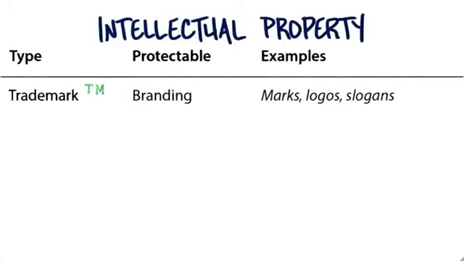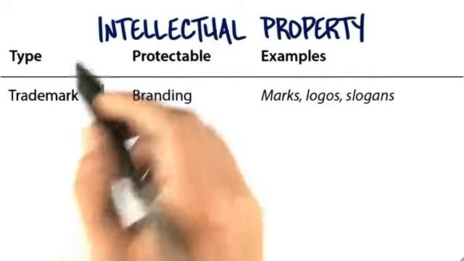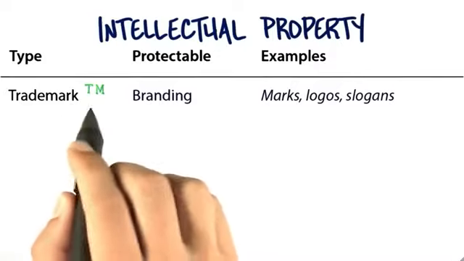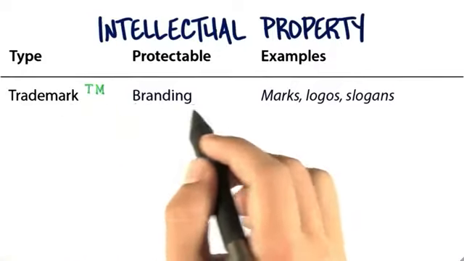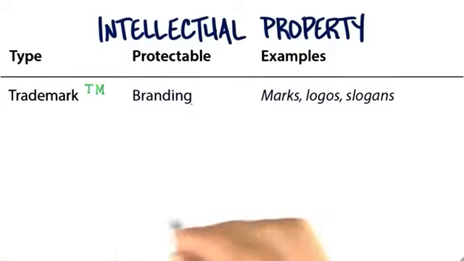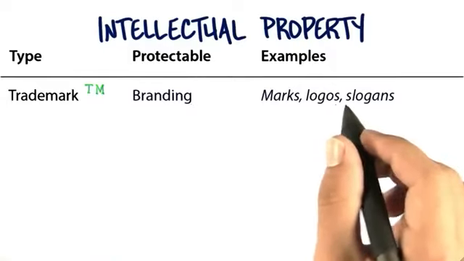So the last piece I want to talk about for resources is intellectual property. There are great law firms who can give you tutorials, and there's plenty of stuff on the web. But the types of intellectual property, shorthand IP, you want to think about are these. There are 5. One is trademark. Trademark means what you can protect is branding, like the Nike swoosh. The examples could be marks or logos or slogans.